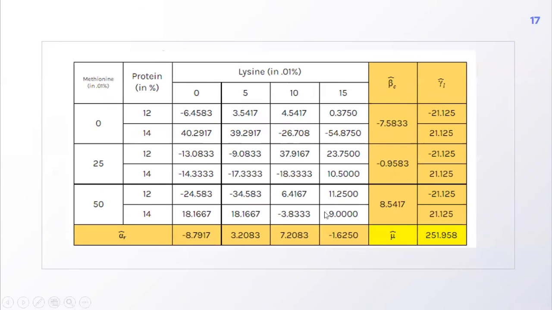Here are our residuals. These are our estimates for alpha sub r, our estimates for beta sub c, and our estimate for gamma sub l, and our estimate for the overall effect. That is it for the analysis using